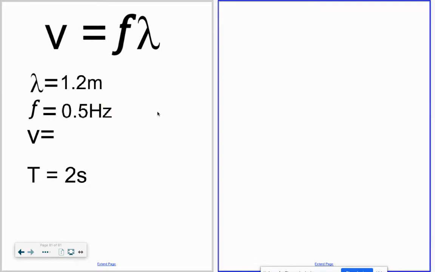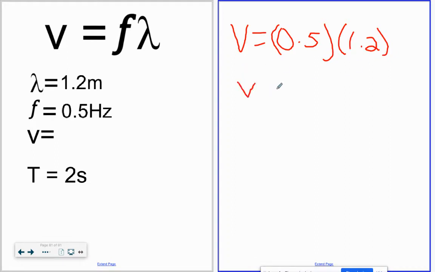As you just saw, I determined that the frequency was 0.5 hertz by using 1 divided by 2 seconds. Once I have that, finding the velocity is quite easy. Velocity equals frequency, which is 0.5, and I'm going to multiply that times the wavelength, which is 1.2. So when I multiply those two together, I'm going to determine that the velocity is